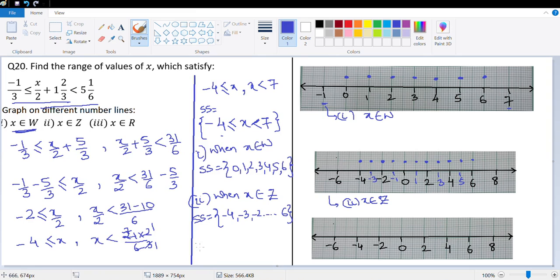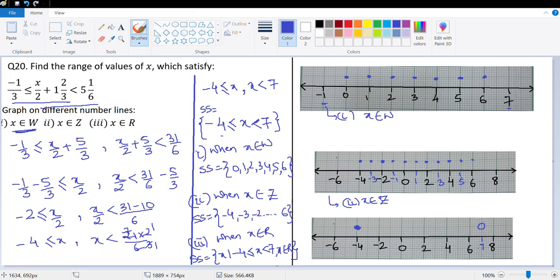So in this case, my solution set is already written. When x belongs to a real number, my solution set is the set of all x such that -4 is less than or equal to x, which is less than 7, and x belongs to a real number. So -4 is included, which means it will be a filled circle,